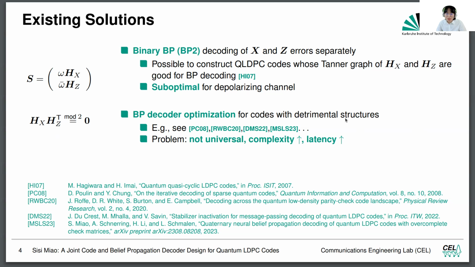Then there are many works that have been done to improve this decoding. For example, there are many references here and even a lot more. The problem is that, for one thing, we cannot guarantee to improve the decoding performance under the presence of 4-cycles, because we can fine-tune the decoder, but we don't really know how far we are from the optimum. Also, we don't really know what the optimum is for quantum code decoding so far. And then the complexity also goes up, and the latency is also increasing for most of the works here,